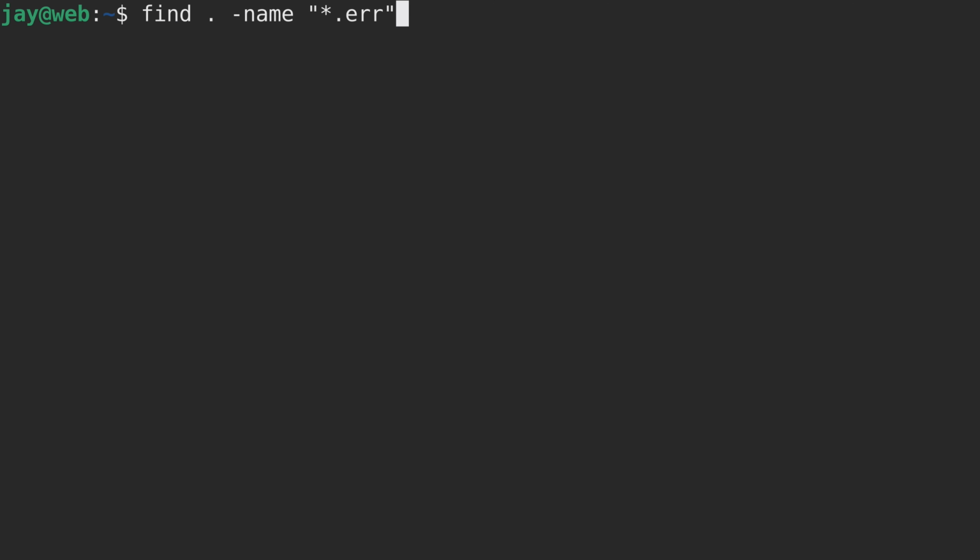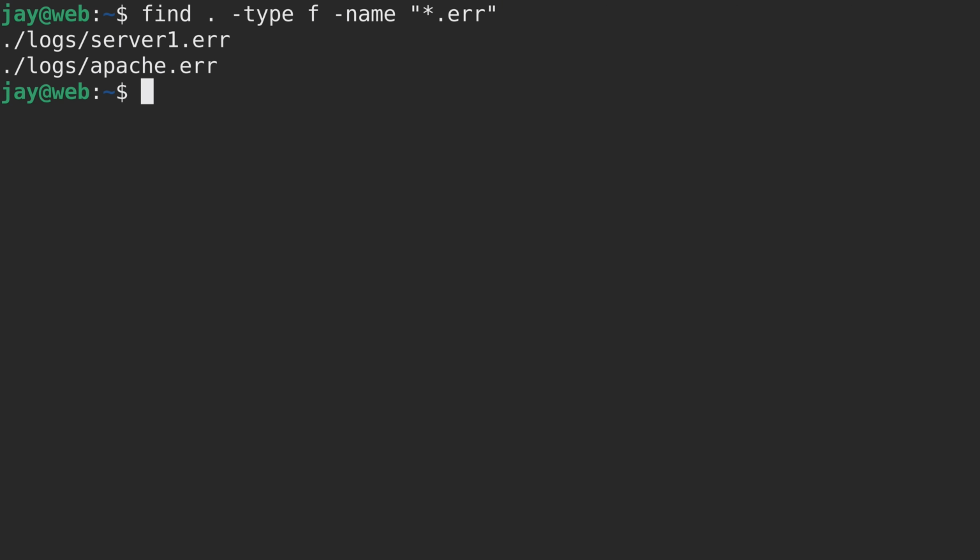So it doesn't really matter if the resulting file is actually a directory. We didn't actually clarify one way or the other. So what we can do is use -type, and then we could do f for file to basically tell the find command that we are only interested in the results that are actually files. And of course, the results aren't going to be any different because these are files, so they match the